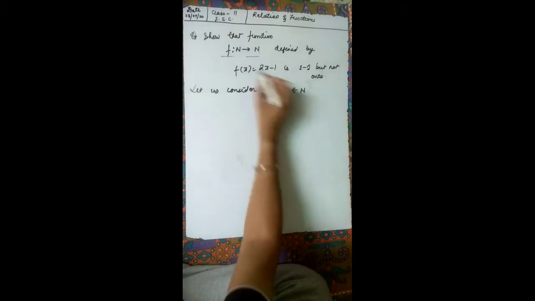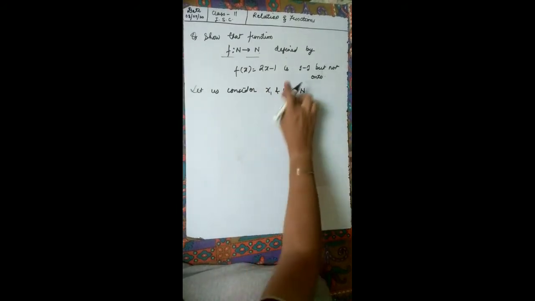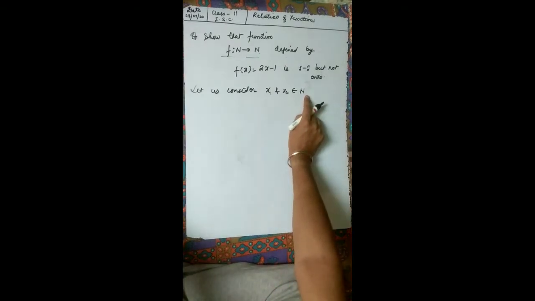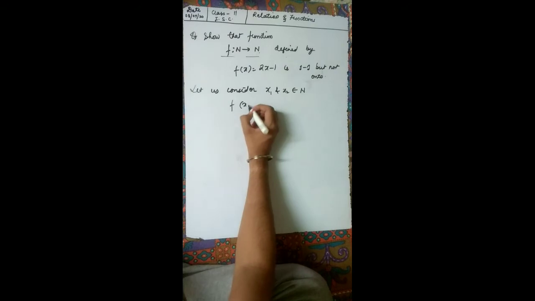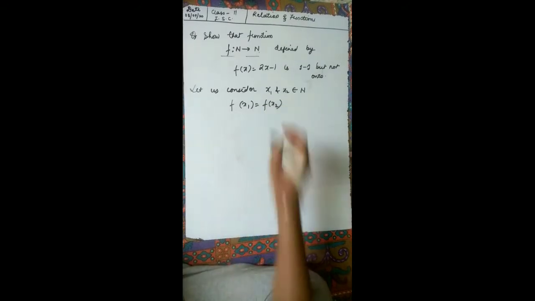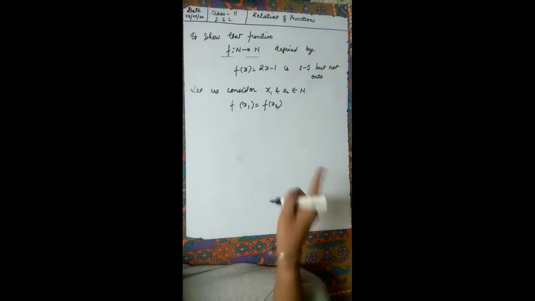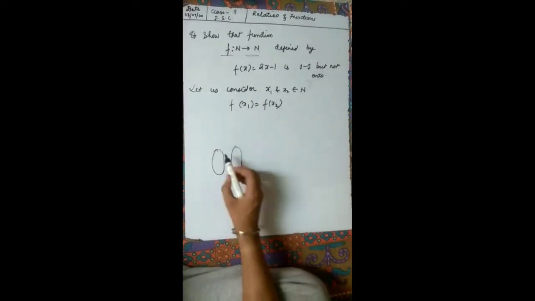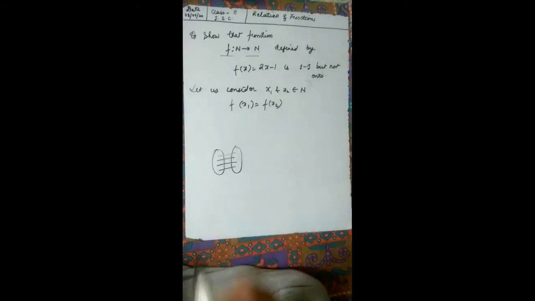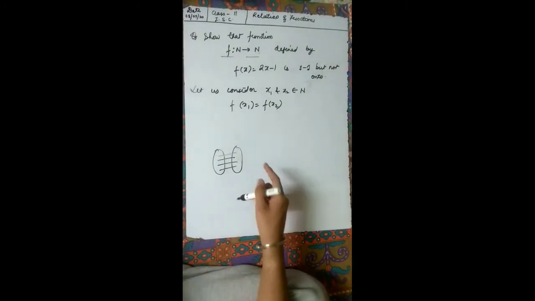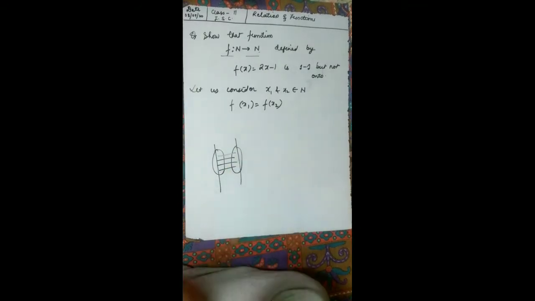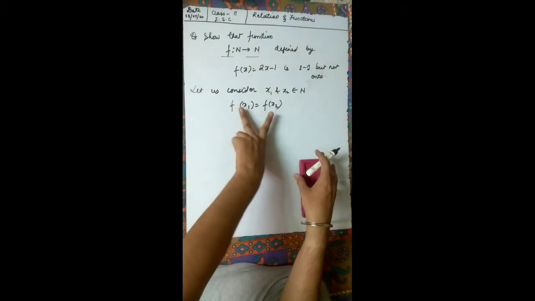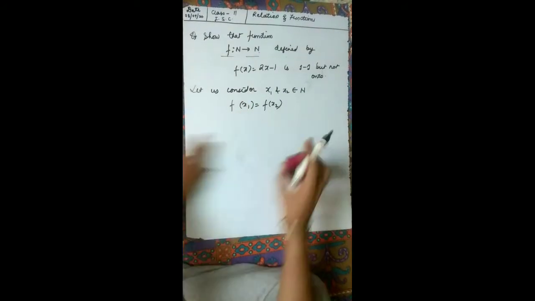Okay, so wait, if x is here, so let us take x1 and x2, no problem, which belong to the natural number, and we go ahead and check whether f(x1) is equal to f(x2) or not. This is the criteria for checking a 1-1 function. Why? Because we know that for a 1-1 function each element must have one image in y. Alright, so we check for this also. So I'm taking two variables f(x1) and f(x2), and I need to make them both equal.